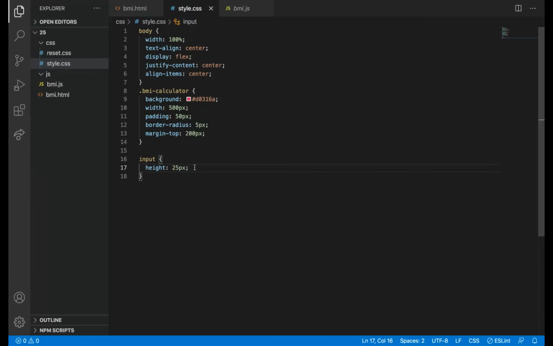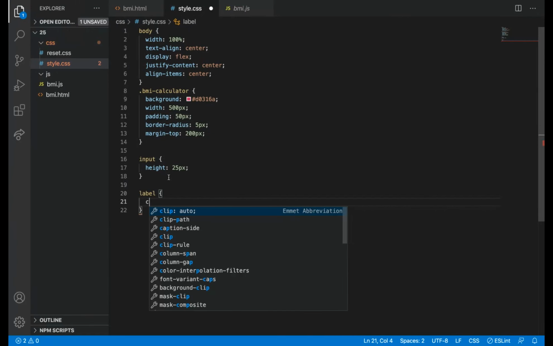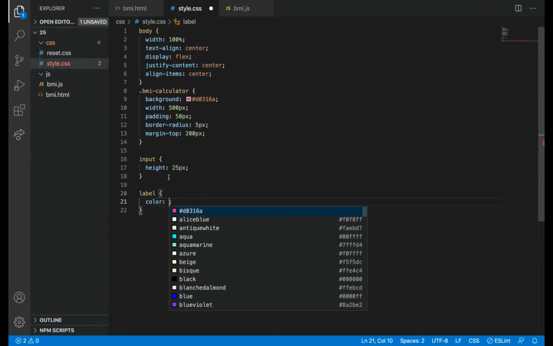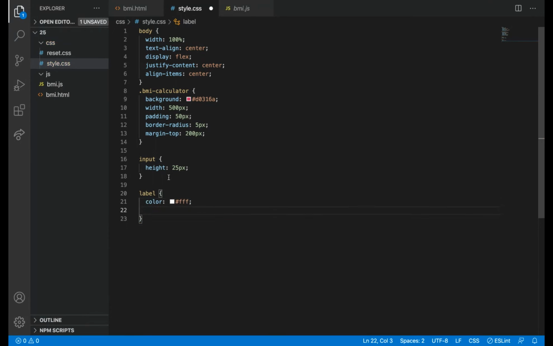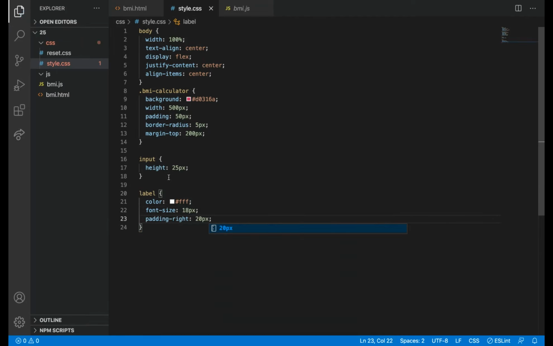And label, can we change the color of the label? I'll check with white color whether it is good. Font size we can keep at 18 pixel, and padding right 20 pixel.